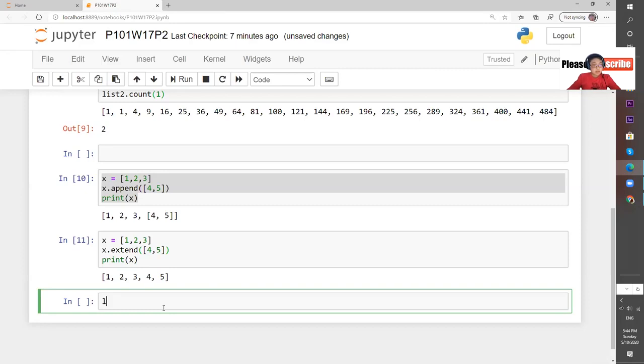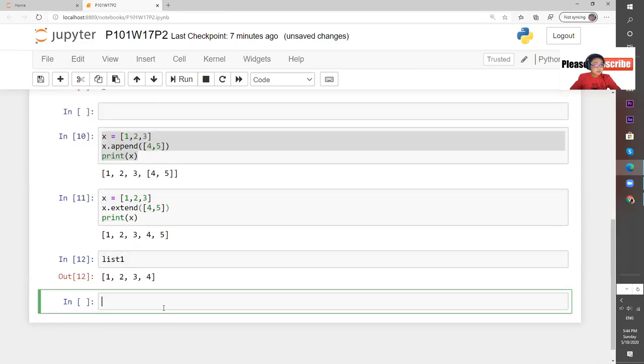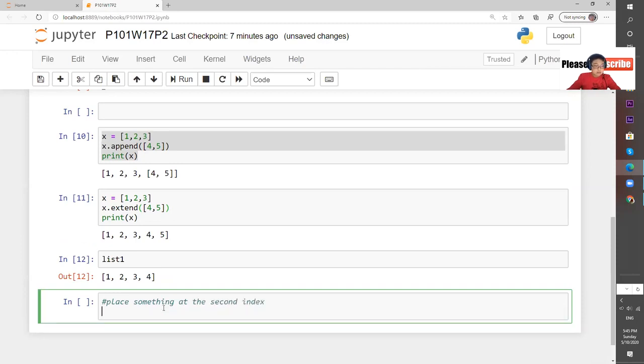List 1 is okay. So if we want to place something at the second index, this is what you would do. So list 1 dot insert 2. So this is the second. Well, I wouldn't say that's the second, but if you want the actual second, you have to do 1, because remember,